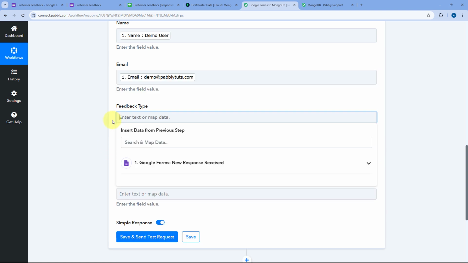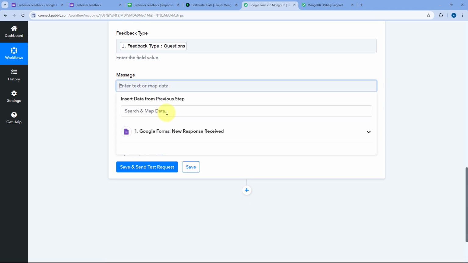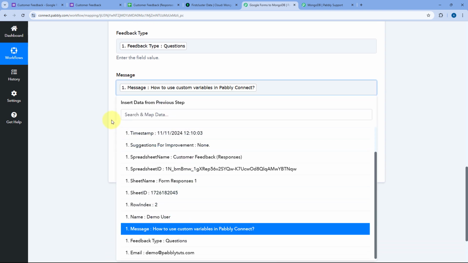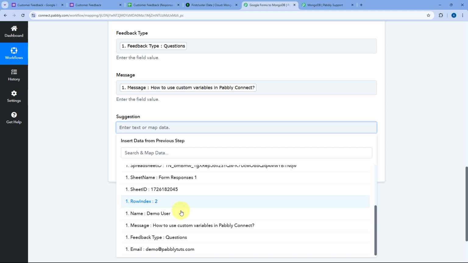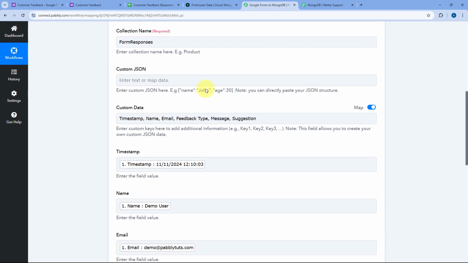Here it is. Then in the field of feedback type, we'll map the response of feedback type. Then here we are going to map the response of message which we have received, and also we'll map the response of suggestion over here. For example, the suggestion was none. So in this way, what we have done,